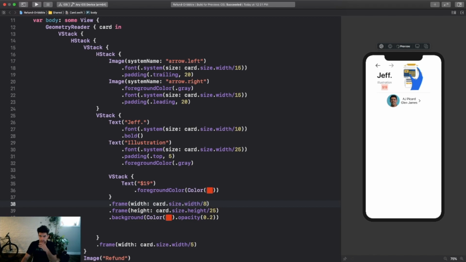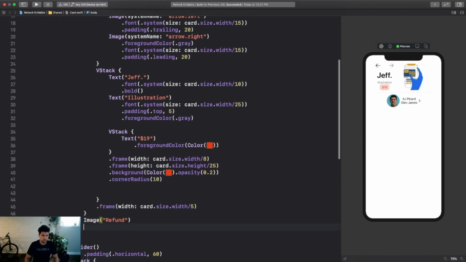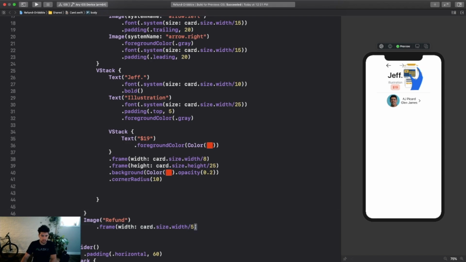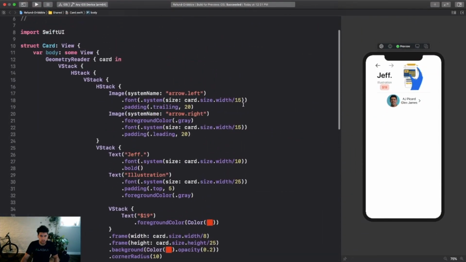And I think there's 8. And then clip all this, corner radius of 20. 10. Okay, and what I can do is, let's actually just get rid of all this because we don't really need it. Okay, and then so these actually look way smaller. So can we get them smaller? Yeah, 20,